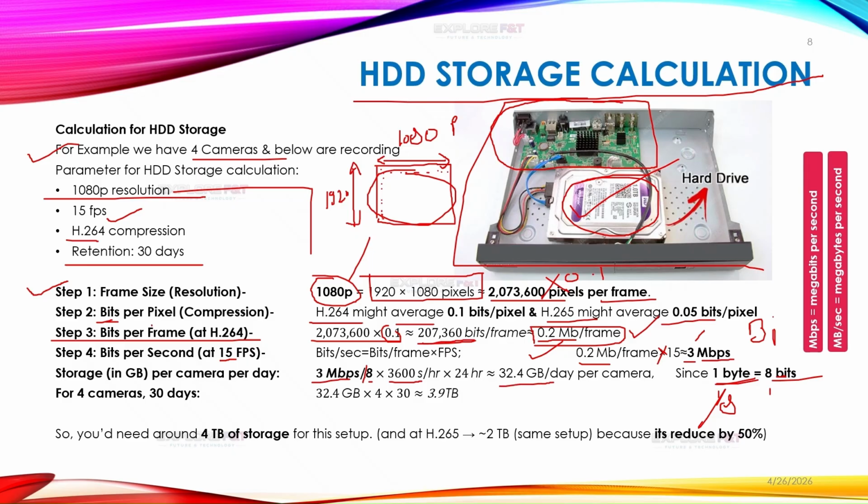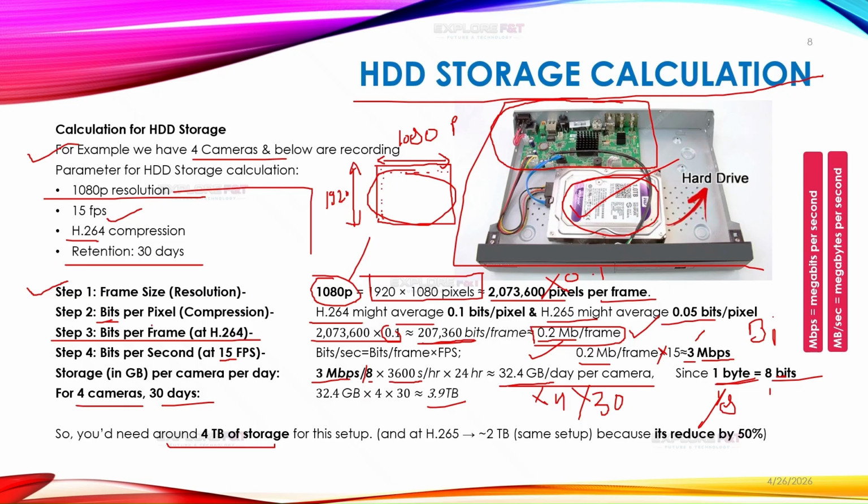It will come approx 32.4 GB per day per camera. Now, this is for one camera and per day. Now we have to consider 4 cameras and 30 days. So we'll just multiply it by 4 into 30. It will come approx 3.9 TB, which means we can say 4 TB of storage is required for